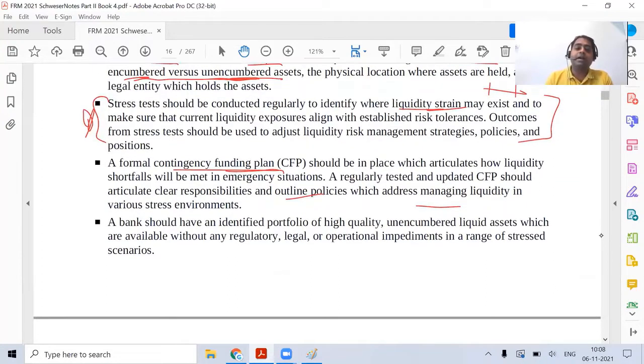Perfect. The last part is also important. It is connected to the previous point, that banks should be in a position to identify what high quality unencumbered assets they have so that they can use them fast. Because if there is an asset which is under dispute, you cannot use it, because there's a legal case going on, a regulatory discussion going on, or some discussion going on with another counterparty. So as a bank, you should be aware of those high quality unencumbered assets which you can use immediately and fast to mitigate your losses or to pay back the amount.